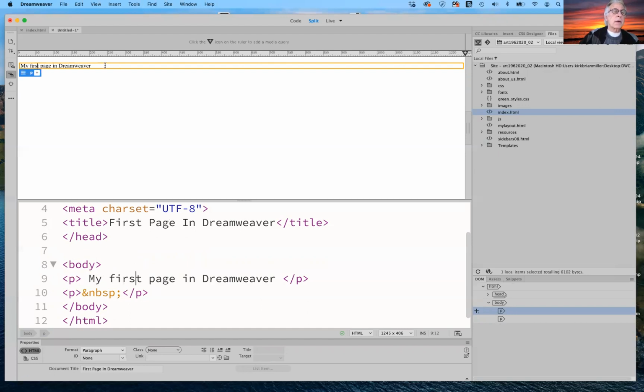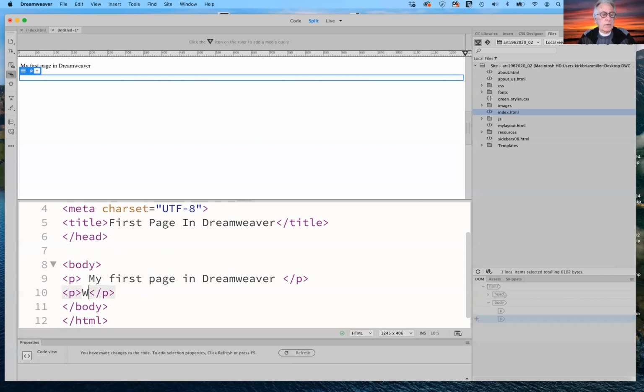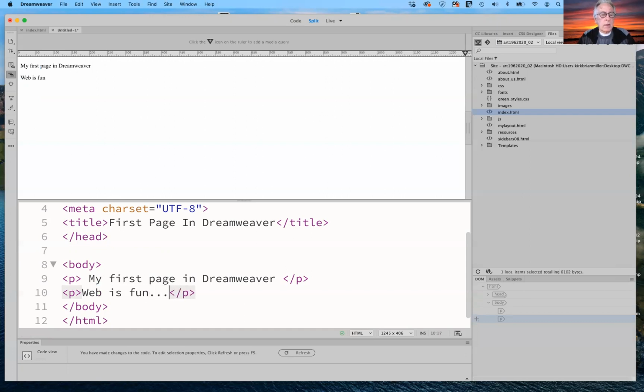As soon as I hit the return key, I can add here, and I'm going to type it in code view this time. I'll put web design is fun and easy. Okay. I'll put an exclamation point this time. Notice that as I added it in code view, it's also putting it up here in live view as well. And if I were to save this right now, it will automatically save it as an HTML